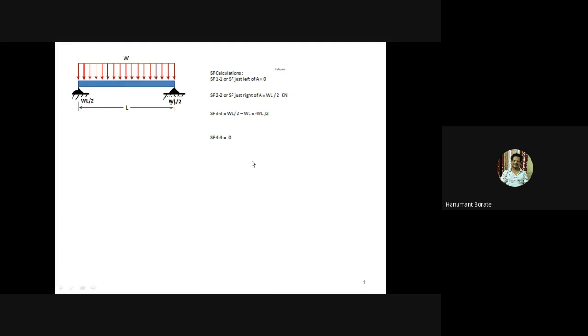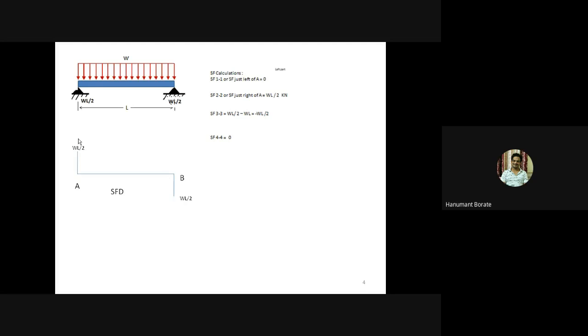So for the SF diagram, I have copied the SF calculations, then drawn the baseline with our critical points A and B. Now we know that SF just left of A is WL by 2, and just left of B is WL by 2, right? Now we want to join these 2 points,